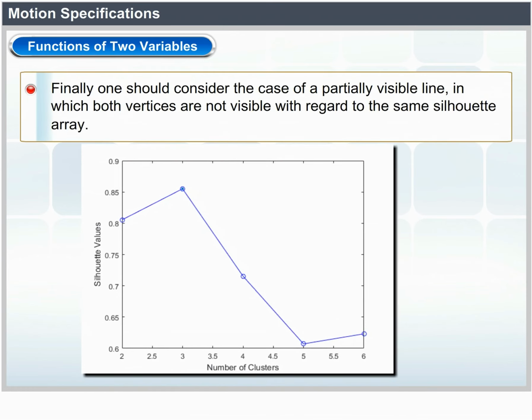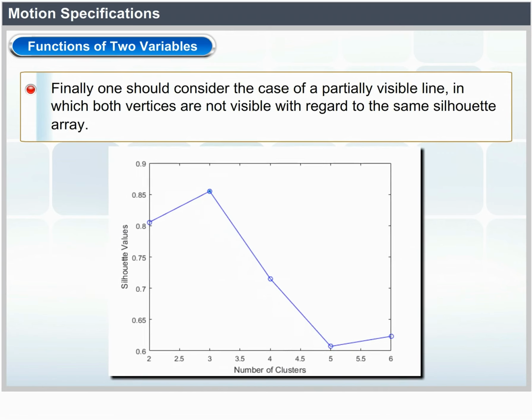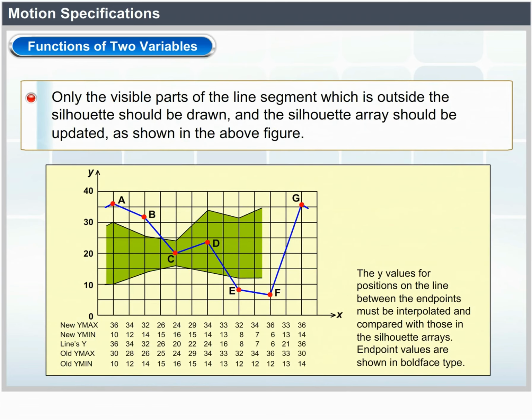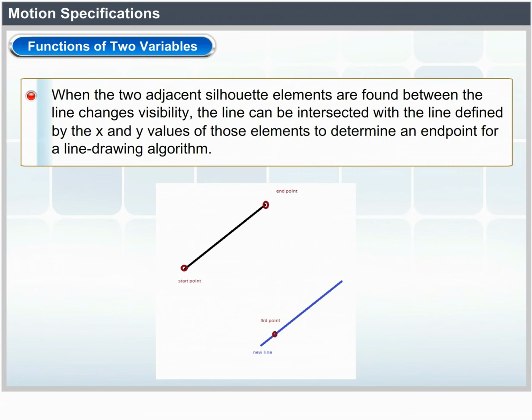The line should not be visible at those places where an interpolated Y value falls inside the silhouette. Only the visible parts of the line segment outside the silhouette should be drawn, and the silhouette array should be updated as shown in the above figure. When the two adjacent silhouette elements are found between which the line changes visibility, the line can be intersected with the line defined by the x and y values of those elements to determine an endpoint for a line drawing